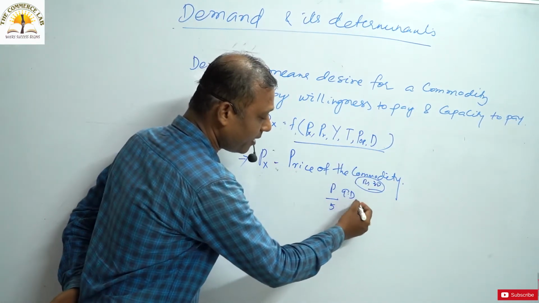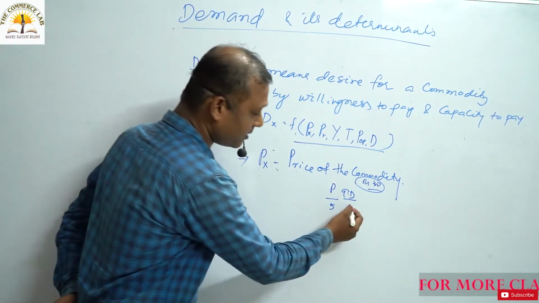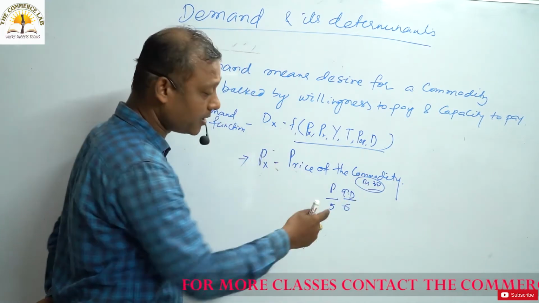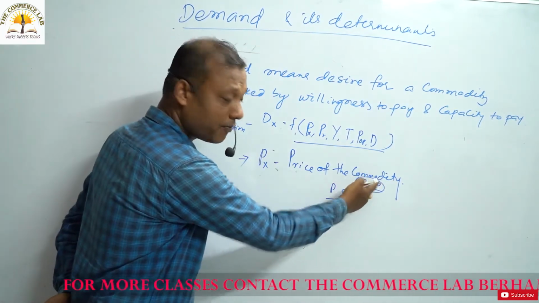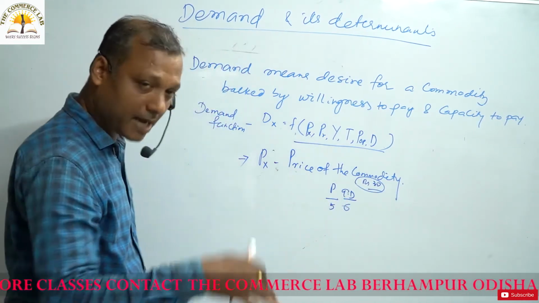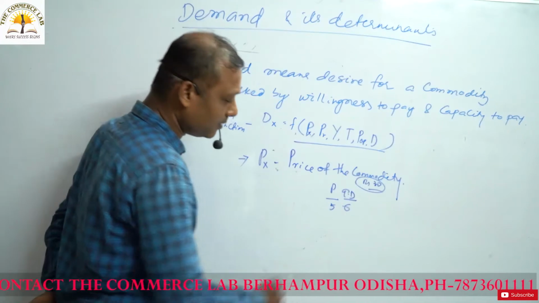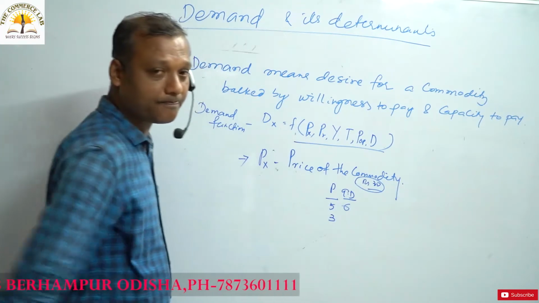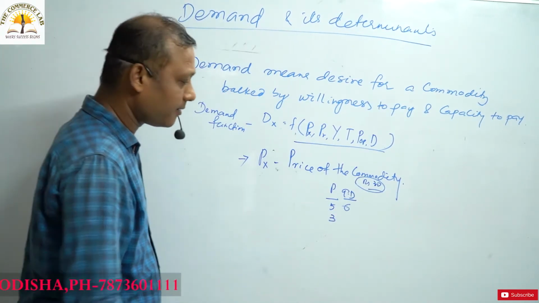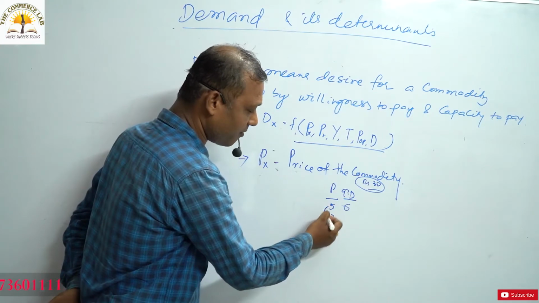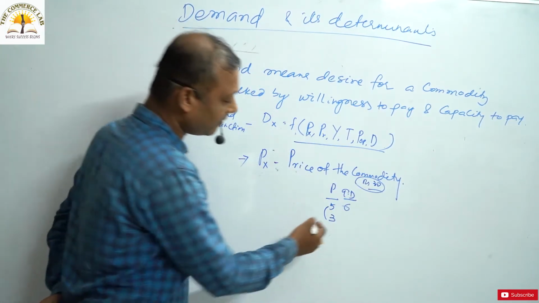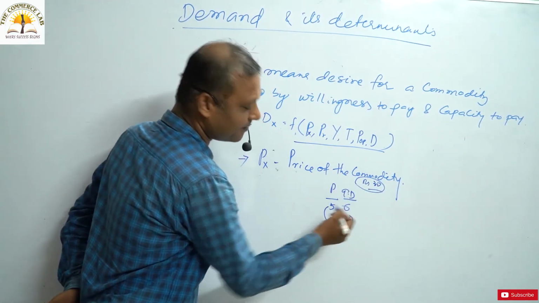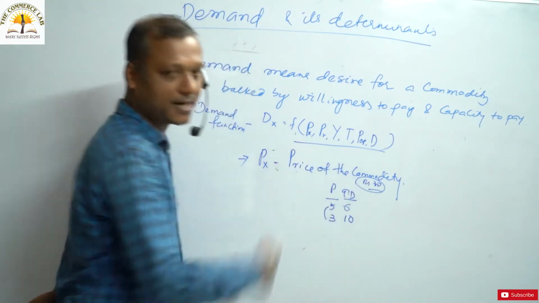Our quantity demanded, how many eggs will we purchase? Obviously, we will purchase 6 eggs. We go to the market with 30 rupees, an egg is costing 5 rupees, so with 30 rupees, we can purchase 6 eggs. Take for example, when you go tomorrow, the price of egg has been slashed down, reduced to 3 rupees. Now with 30 rupees, we can purchase 10 eggs.